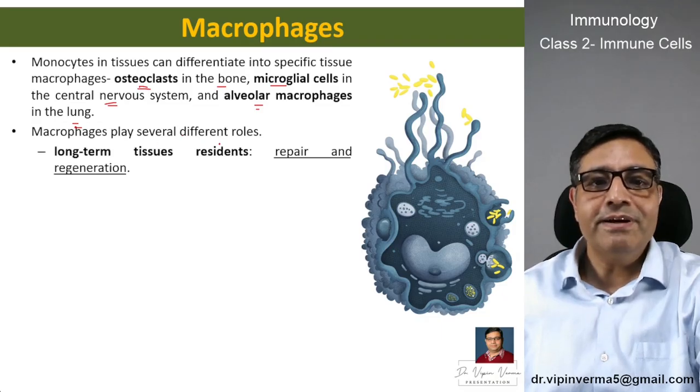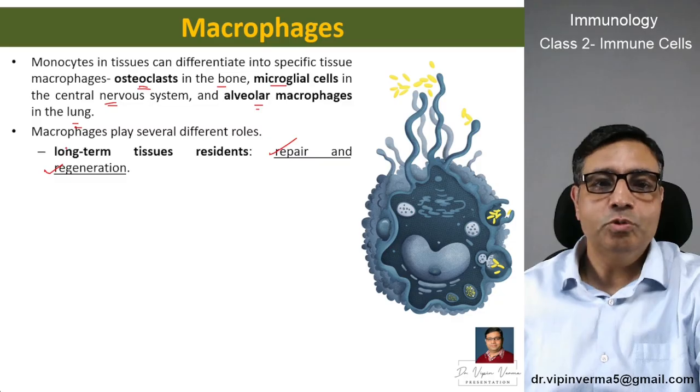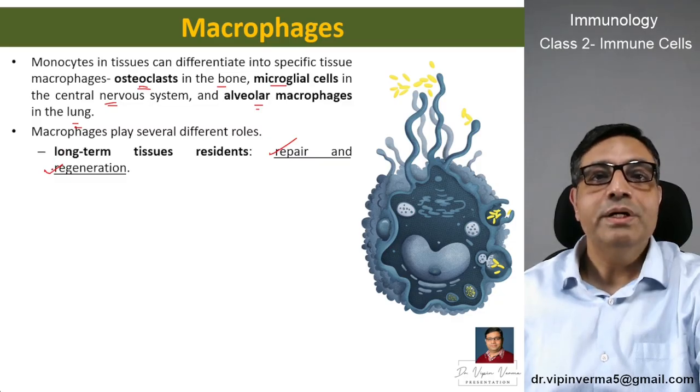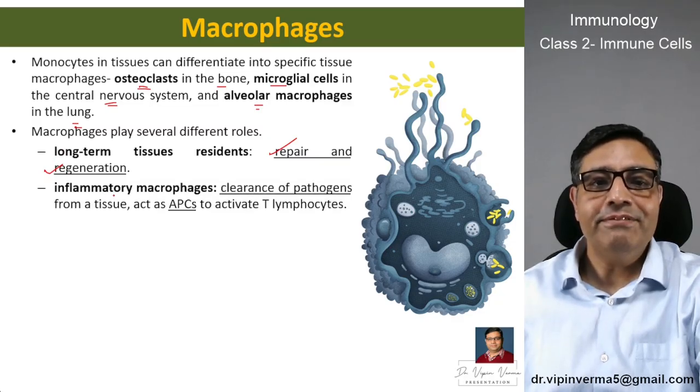So they play several different roles. They are the long term tissue residents and their main function is repair and regeneration. These macrophages repair and regenerate the tissues. Then we have the inflammatory macrophages. Their main function is to clear the pathogens from tissue and they act as antigen presenting cells to activate